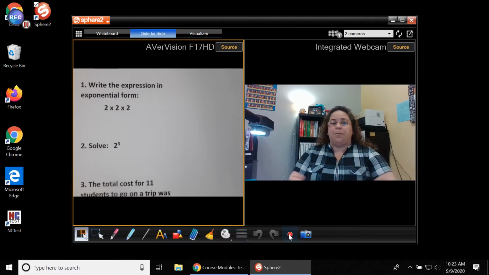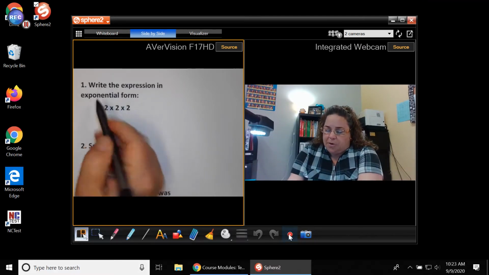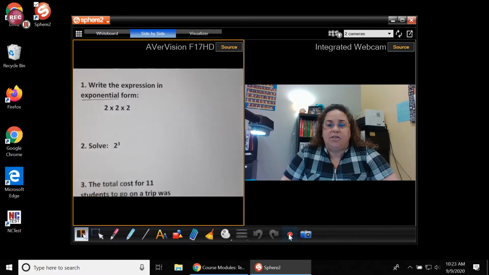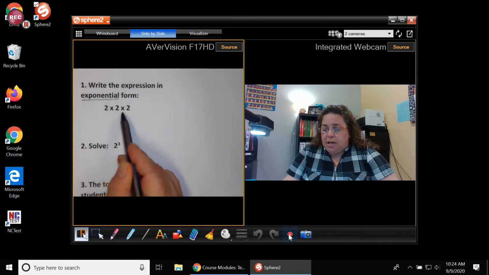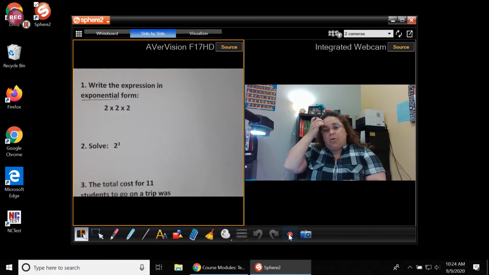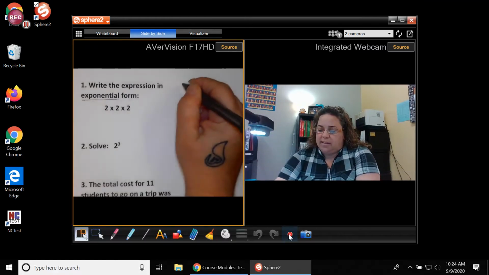Okay, so our first problem says to write the expression in exponential form. Exponential might be a new word for you. Exponential is basically just a way of saying rewrite 2 times 2 times 2 using an exponent. And if you remember our lesson from the other day, we learned that